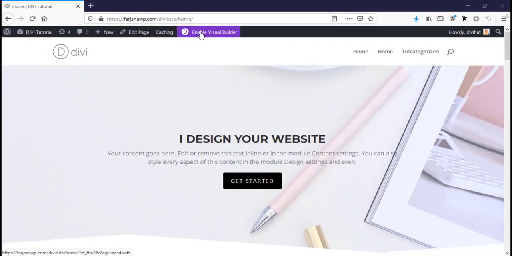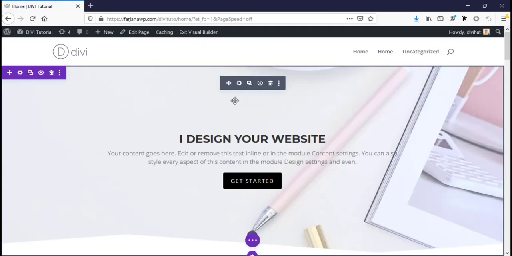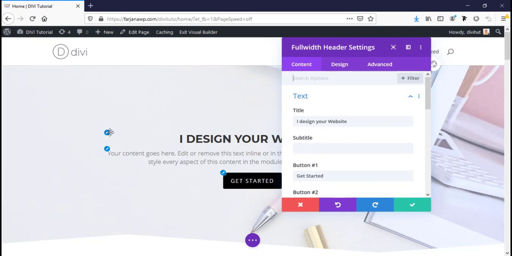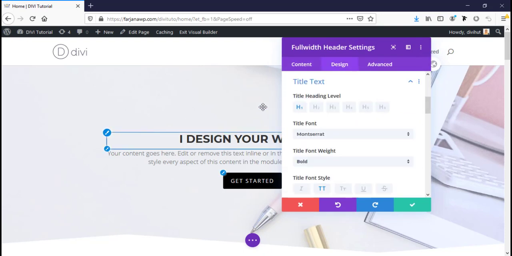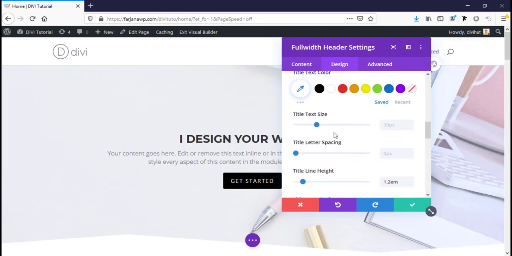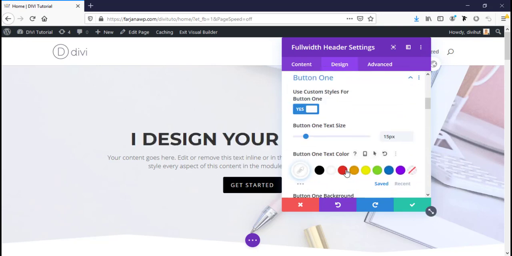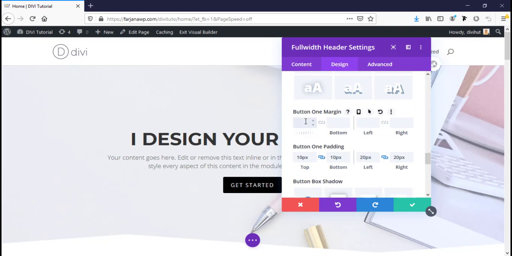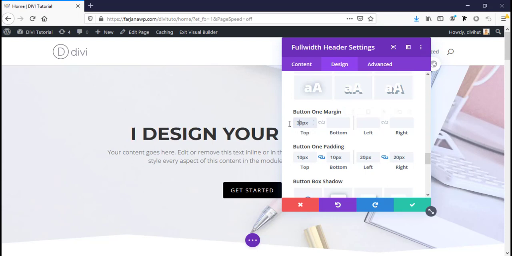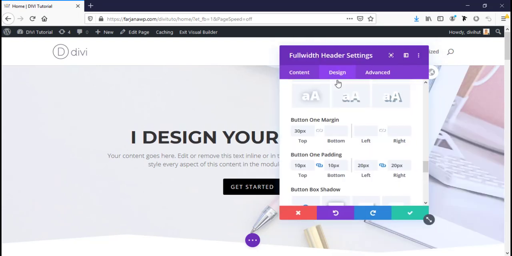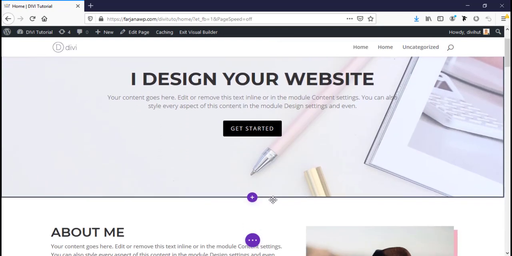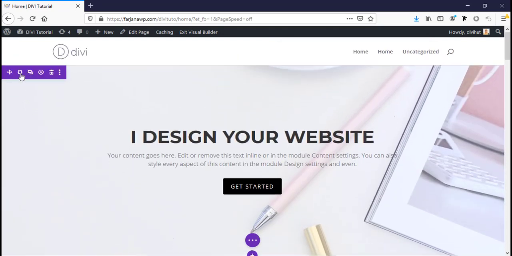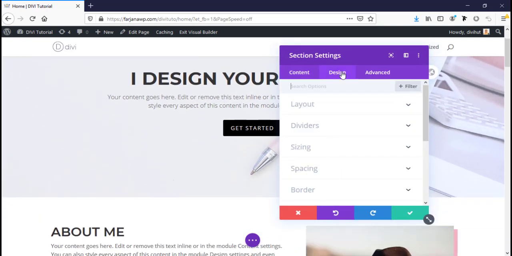Now I'm going to enable Visual Builder, and this time I will do some final finishing tasks. So going to edit this part, and here I think we can increase this text size. So for this I'm making it 50 pixels, and going to edit this button. I'm going to add some more spacing, it's too much, adding 30 pixels. Yeah, looks good. Now going to save it,